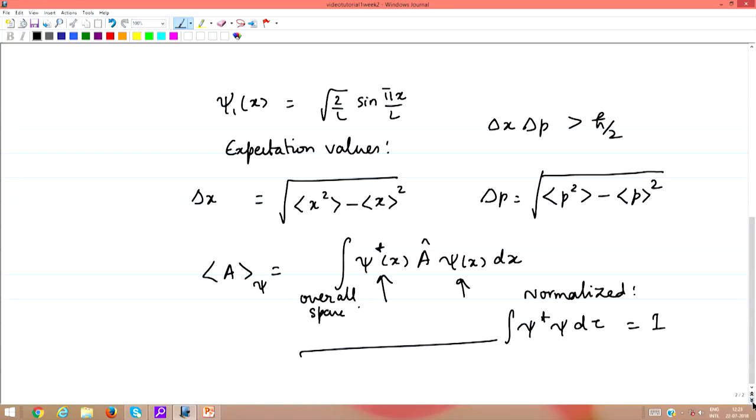So, psi star psi d tau is 1, okay, assuming that. So, we have to calculate the expectation value of the position first and the expectation value of the square of the position in order to calculate the delta x. I think this exercise of calculating the average value for x is something you already know. It is 2 by L, because the wave functions are root 2 by L sin pi x by L and the square. So, you have sin square pi x by L